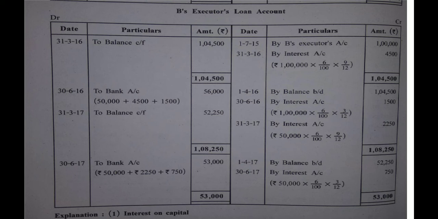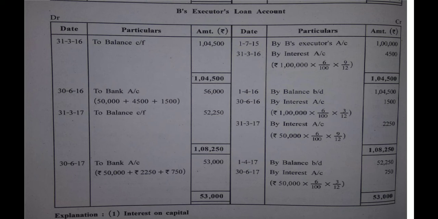So 31st/3/17 पे अगर accounting year ख़त्म हुआ है, so the next accounting year will start obviously on 1/4/17. I hope you all know the system of accounting year. So again on credit side you can see 1/4/17 by balance brought down 52,250,